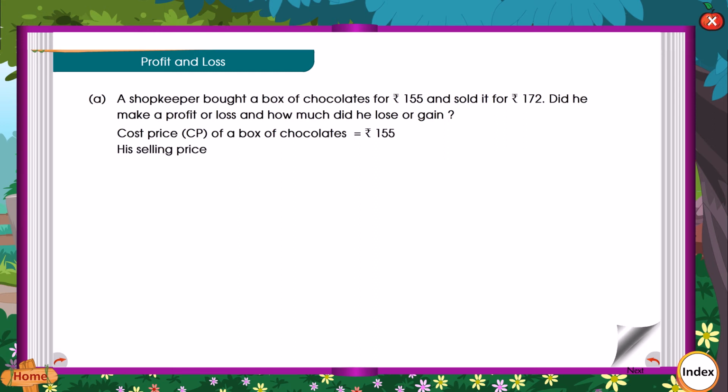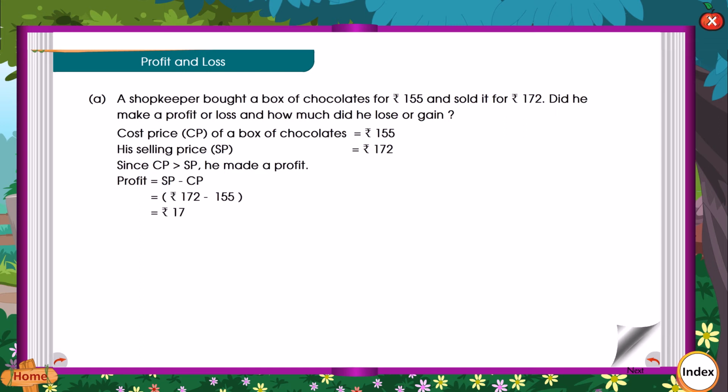His selling price is equal to rupees 172. Since selling price is greater than cost price, he made a profit. Profit is equal to selling price minus cost price is equal to rupees 172 minus rupees 155 is equal to